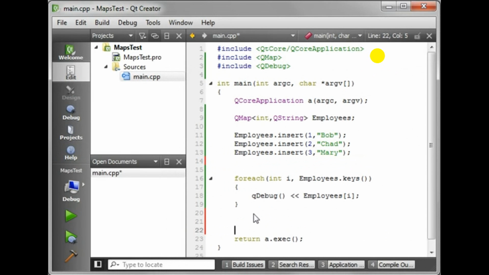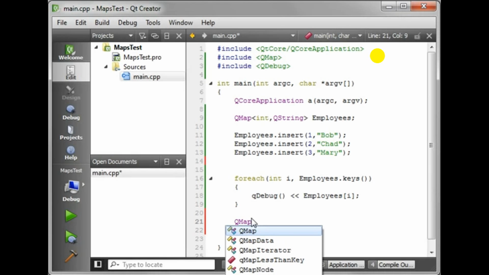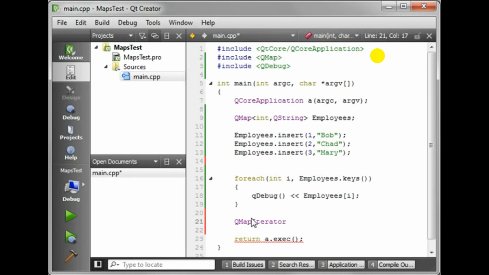Now, let's say you want to actually iterate over this list and discover the keys and the values. So what you need is a QMap iterator, and you need to give it the same template. So it's a QString. And we'll call this iter, and it's going to iterate over the employees list. So while